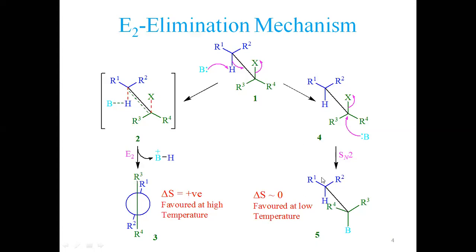If that is the case, then this reaction shall not be favored at high temperature. If it is at high temperature, it shall be in equilibrium because there is a minute difference in the delta G value. If it is minute, they are reversible. So reactants are going to form product, and product shall be going to form reactant, because do not forget the nucleophile can approach from the opposite side generating reactant back. This reaction shall be in equilibrium.